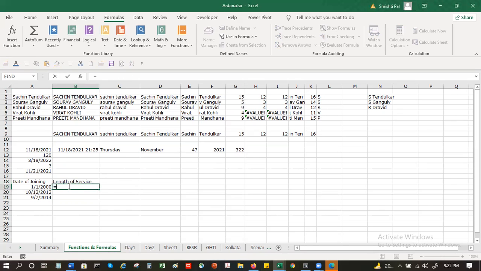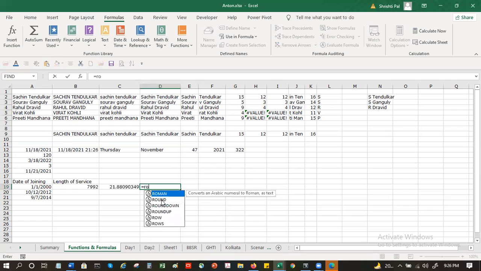So straight away, always remember tomorrow's date is bigger than today's date. So this minus this will give you number of days. If you want it in years, equal this divided by 365. Let's consider the leap year also, so 365.2. Now that fraction thing comes in, so you can use a rounding also.